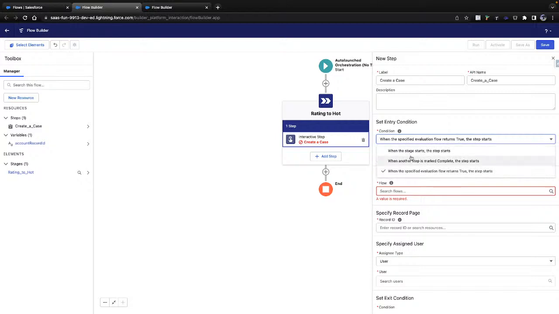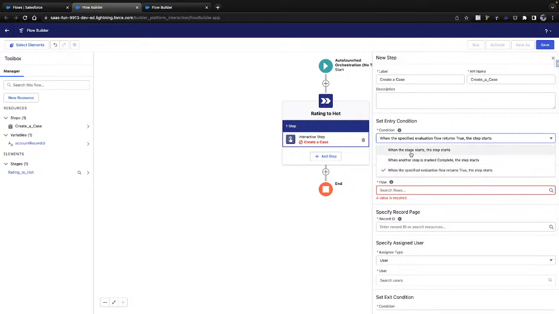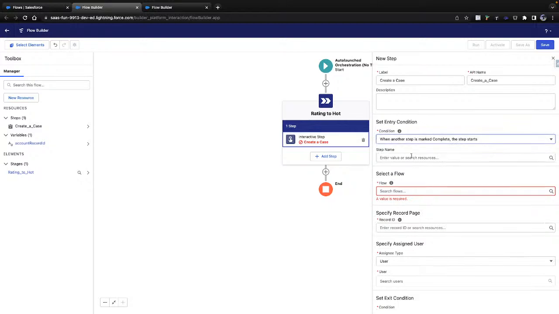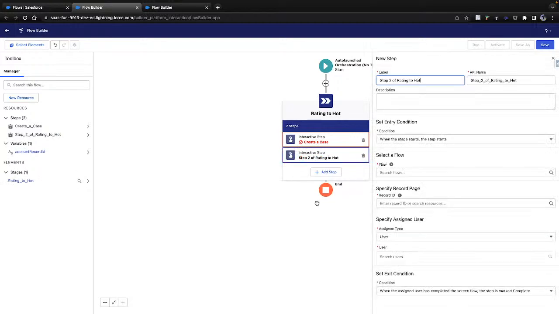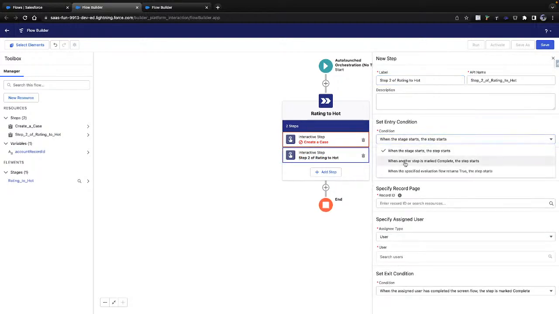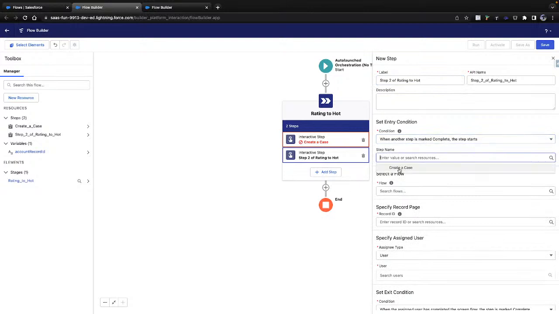Salesforce is providing three different conditions. One is when the stage starts, then the step starts: as soon as the stage starts, the step will start. Otherwise, when another step is marked complete, then okay. Imagine if it is not a first step and I had another step, I could select that step. Let's say I'm just saying interactive step, another step, create a case.